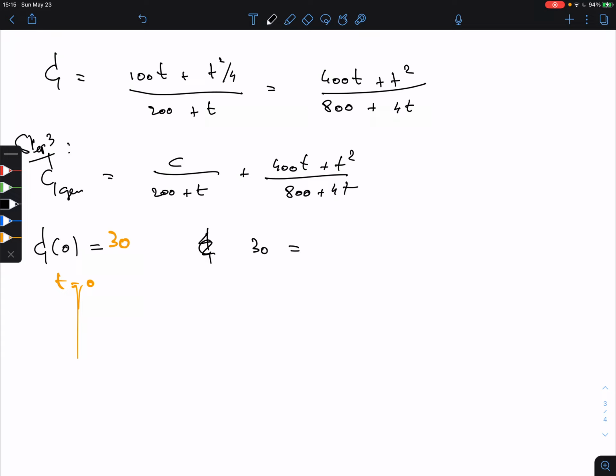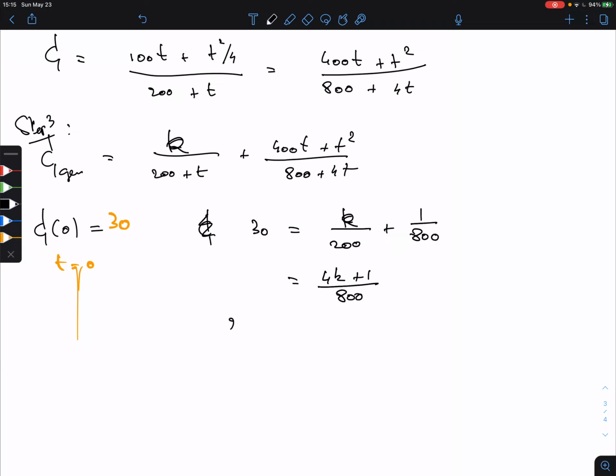30 is equal to the little k, we're calling it k, sorry, little k, times 200, plus, and then if I put in 0, I get just 1 over 800 here, right? Okay. So if I put this on a common denominator, say 4k plus 1 over 800 is 30. So bring that to the other side, we get 24,000 equals 4k plus 1. So 4k equals 24,000 minus 1. So k is equal to